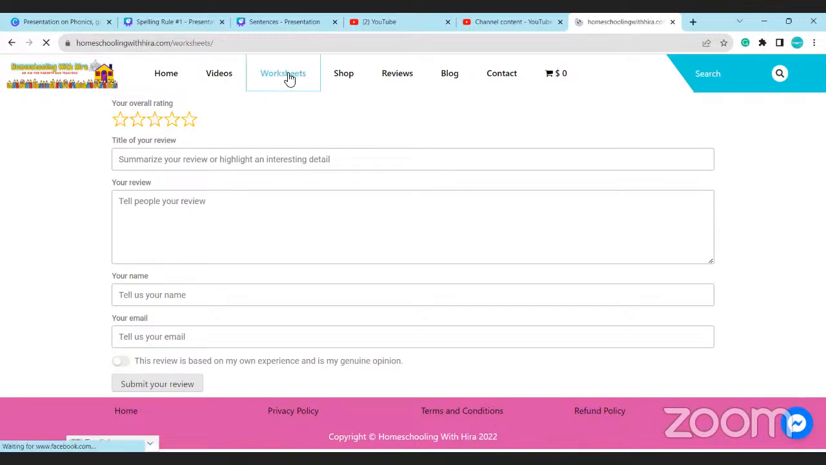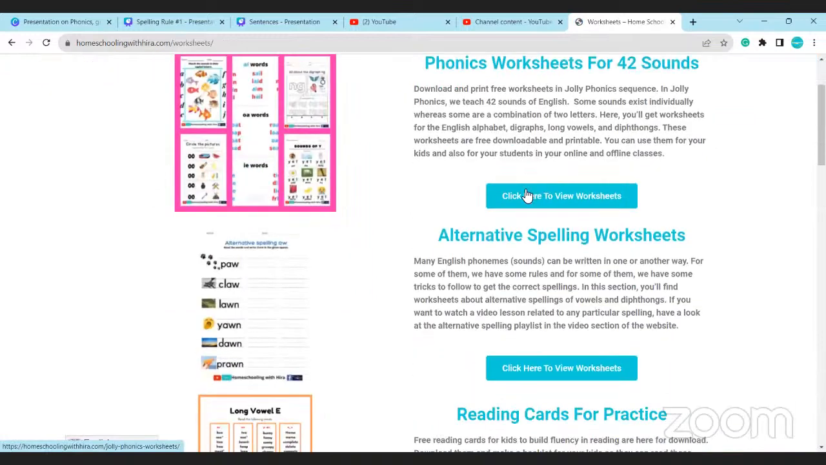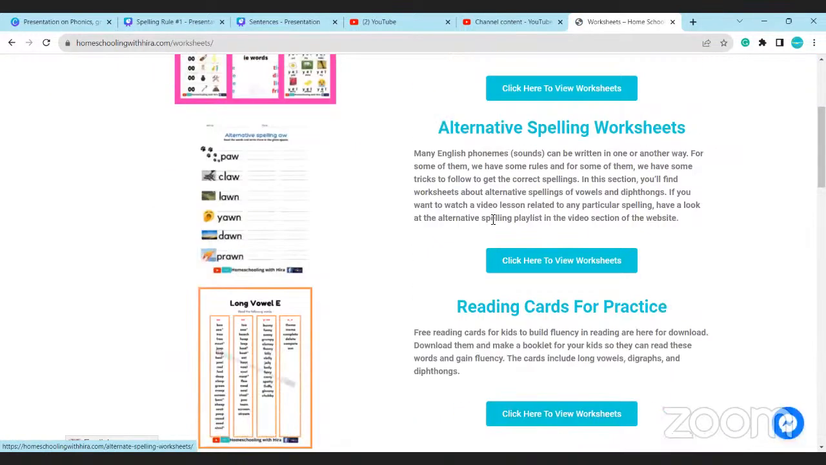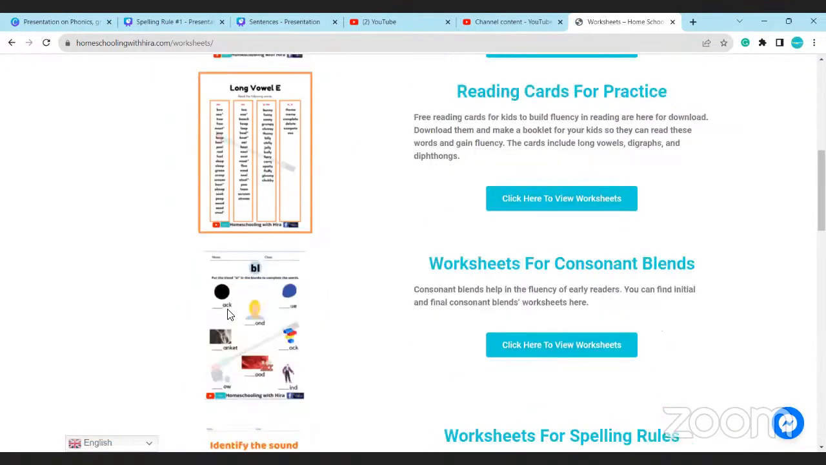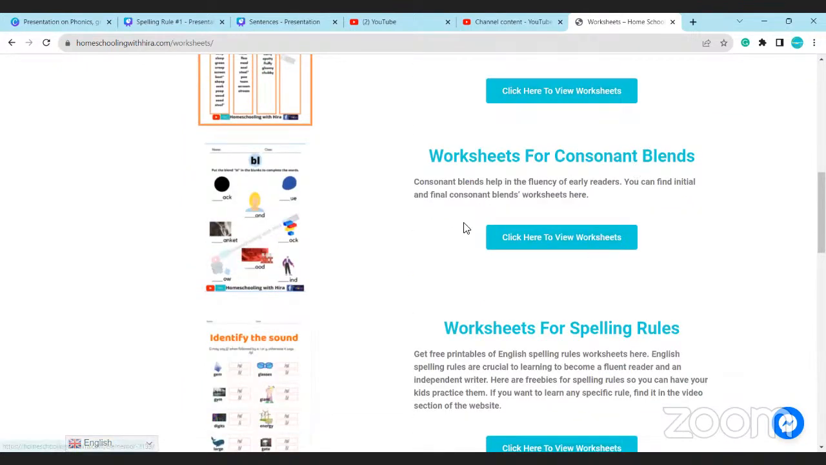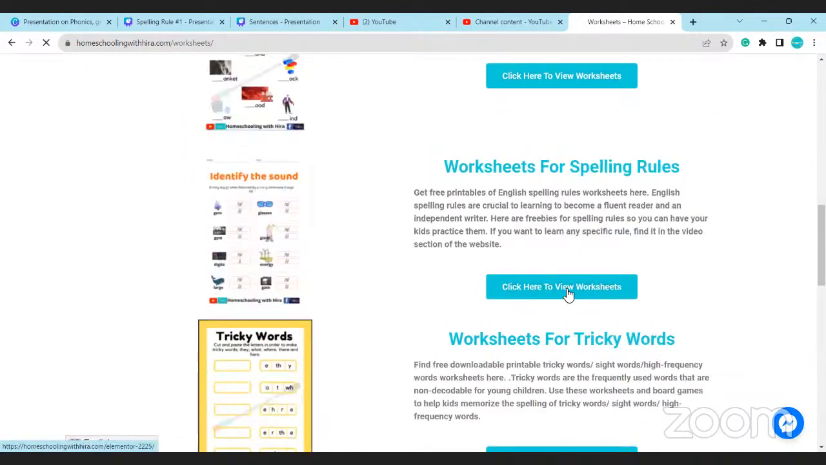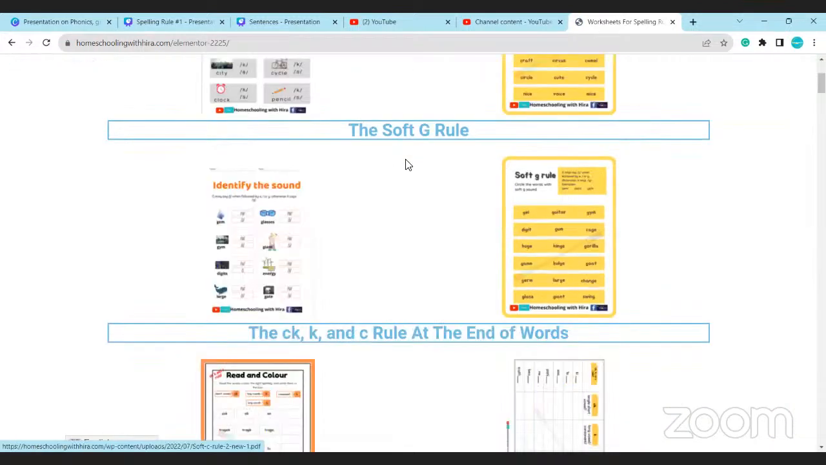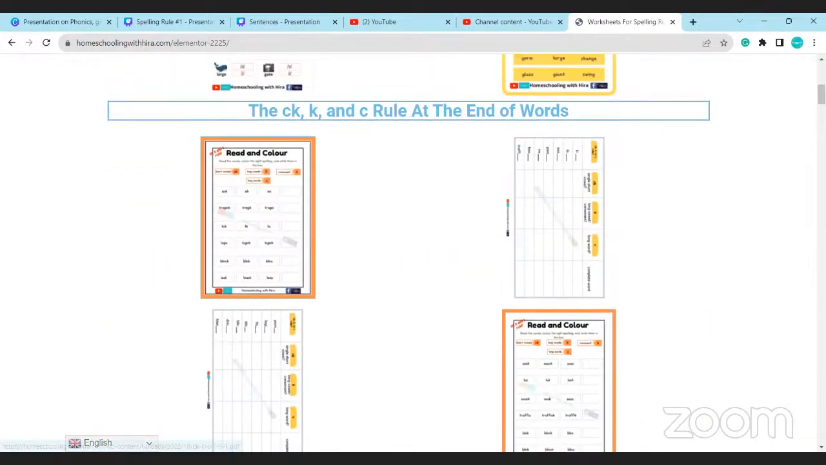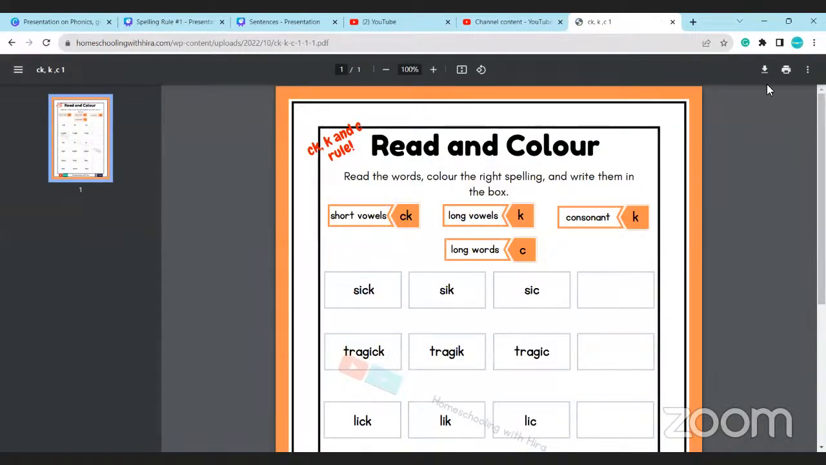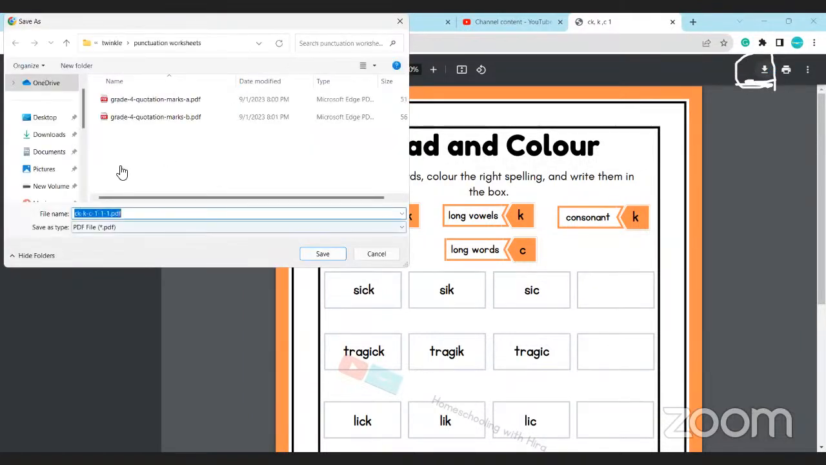Let's go to worksheets. Phonics worksheets, alternative spelling worksheets. These are the reading cards. Consonant blends worksheets, spelling rules worksheets, open spelling rules worksheet. Here they are. Click on this one. It will open. This is the download button. Can you see this? This is the download button. Click on the download button, and here is your